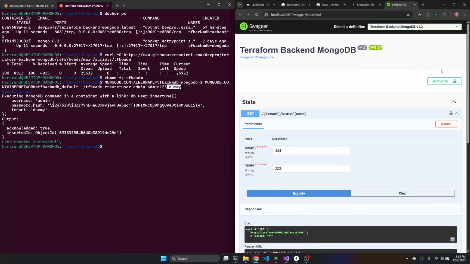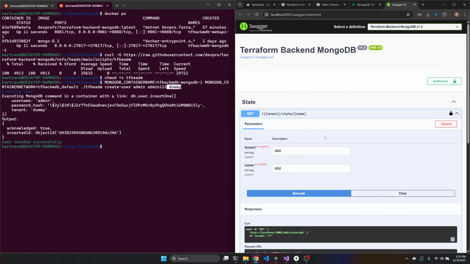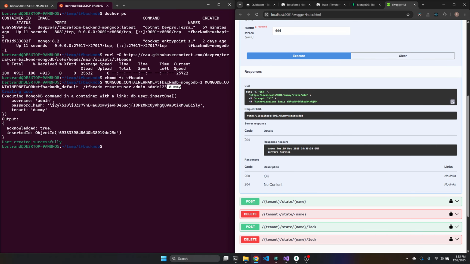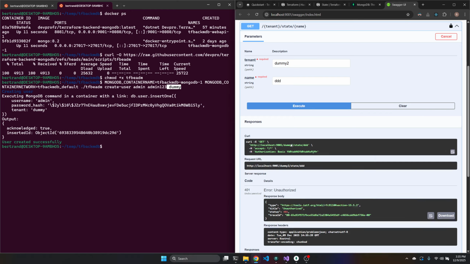And if I go back in my UI, if I use admin and the password, I authenticate here, and then I use the right tenant. I can see that I'm authorized. There is nothing, which is what we want, and if I'm using another tenant, we can see I'm locked out.